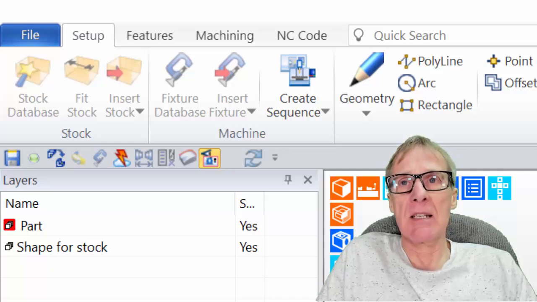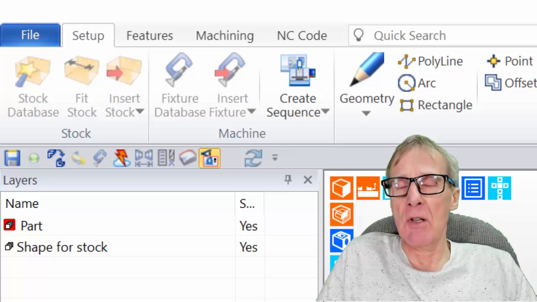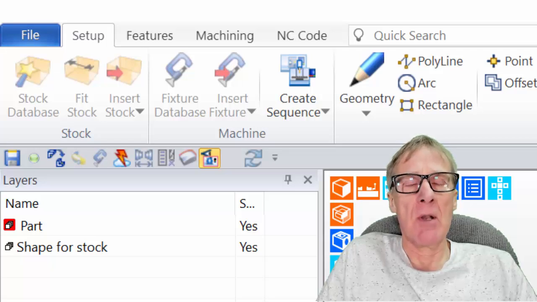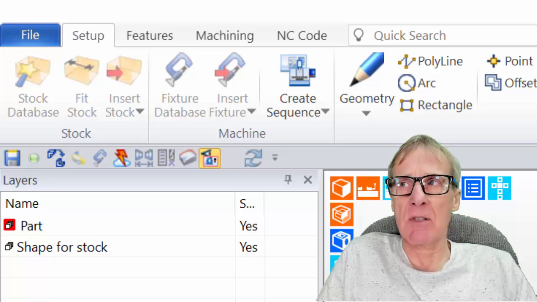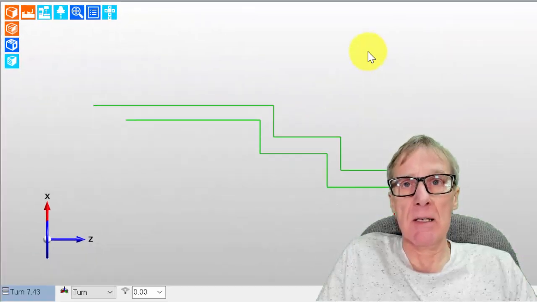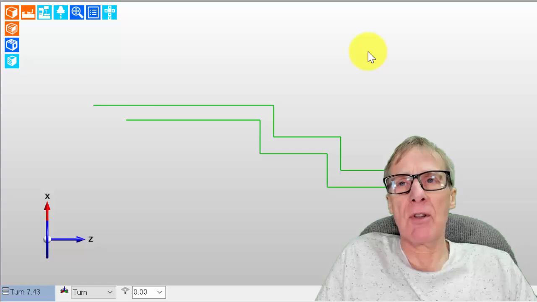Now, I'm not advocating that you use lines to program Edgecam. It's pretty outdated now, but you can draw lines and create anything you want. And if you want to create a quick program, a very basic quick program, and you don't have a solid model, you might want to just bang some lines in here and quickly turn a part. You will be needing some stock for that part, but there is also another really interesting aspect to this,